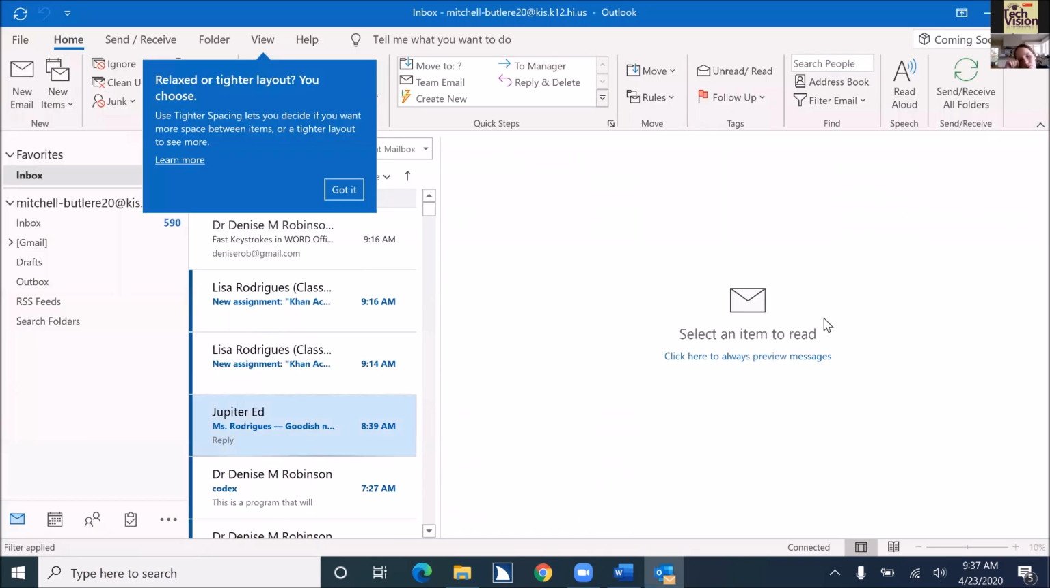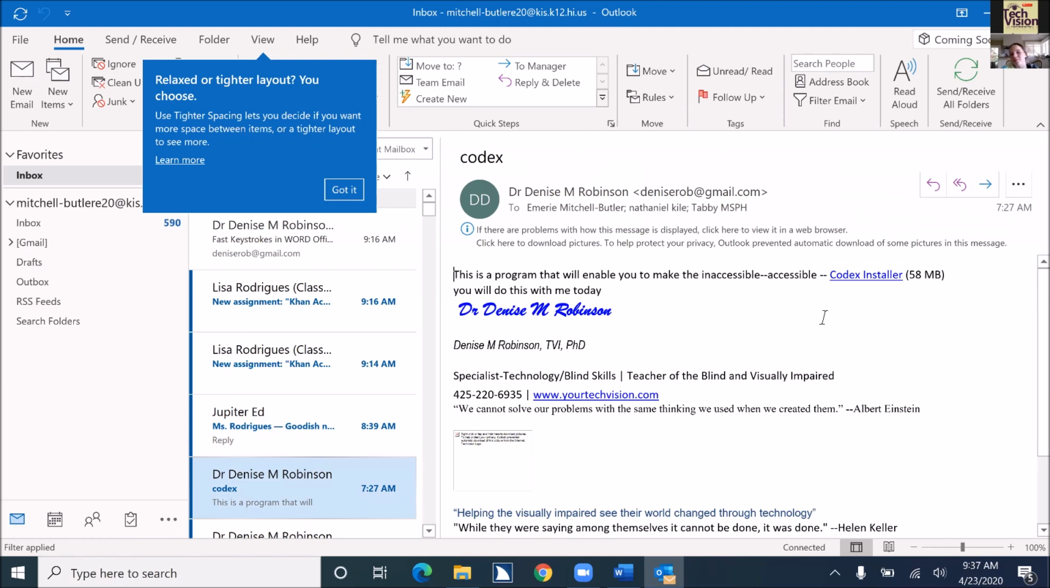Alt F4. Inbox, Mitchell Butler, Outlook. List box. Down arrow one time. Unread. Dr. Denise M. Robinson. Codex. 7:27 a.m. 9 KB. To move to an item, press